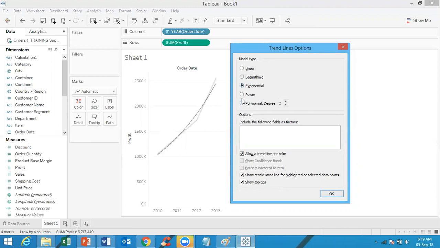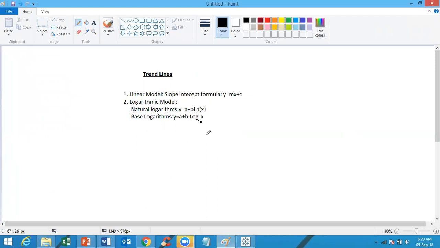There is one more model type called polynomial. In the polynomial, Tableau will make use of the polynomial expression to compute the trends. So the expression in the polynomial model is